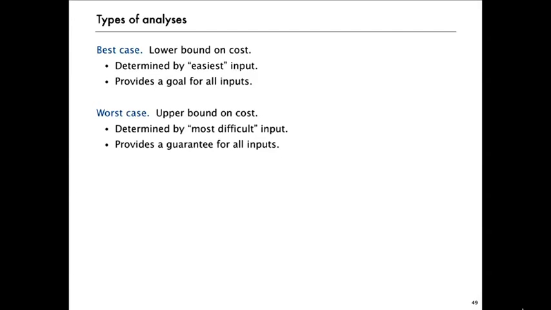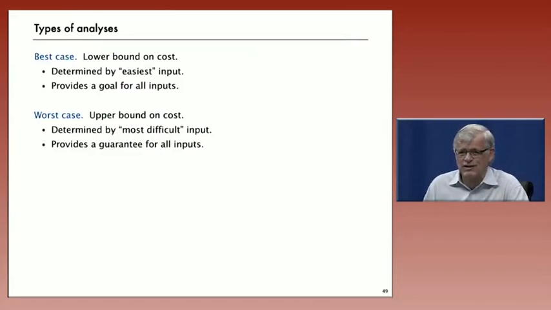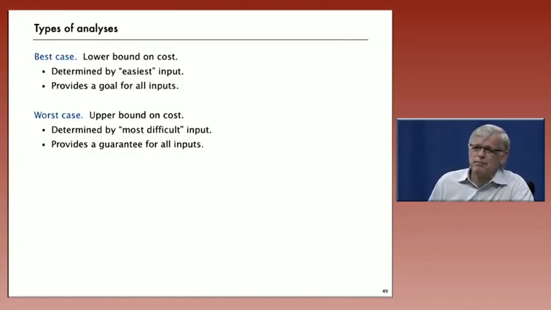So the running time is going to be somewhere between the best case and the worst case. Best case is a lower bound on costs. It provides something that the running time is going to be bigger than that always, or not less than that. And then there's the worst case, which is the most difficult input. If we analyze that, then we can guarantee that the running time of the algorithm's not going to be bigger